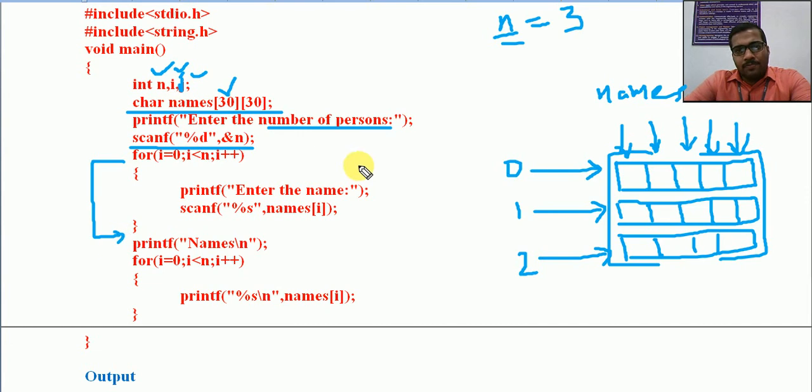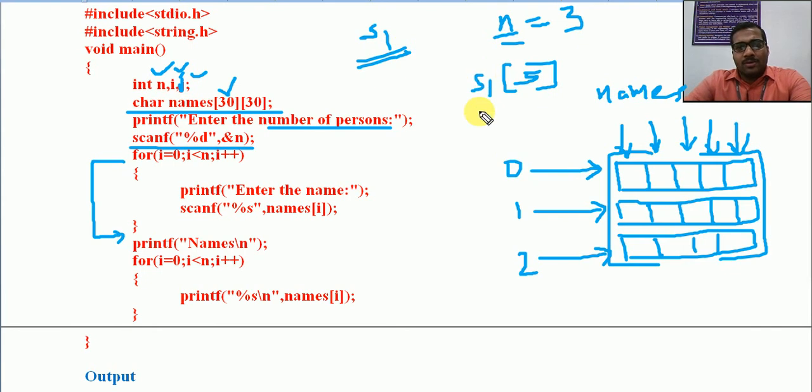Initially I'll explain one thing. If the name of a string is s1, I have declared a string s1 of some size 5. How are we reading this s1? We use scanf, percentage s, s1. We are simply using s1. So the name of the string indicates the base address of a character array. That means s1 points to the base address of a character array.